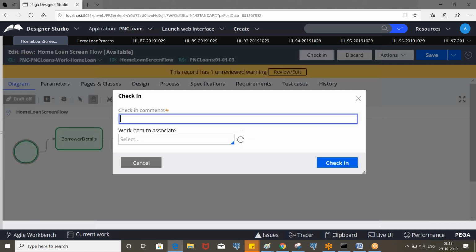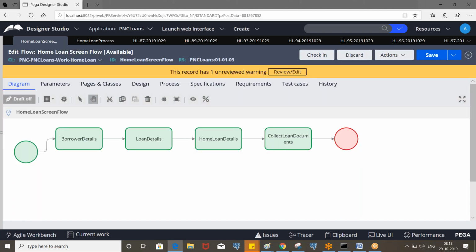Create a work item, enter borrower details, go to the database and see whether this information is getting stored or not. Then submit the final button and see whether the data is inserted or not. In that way you can understand.